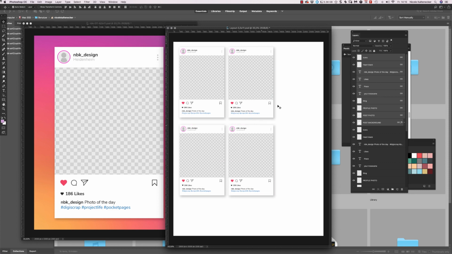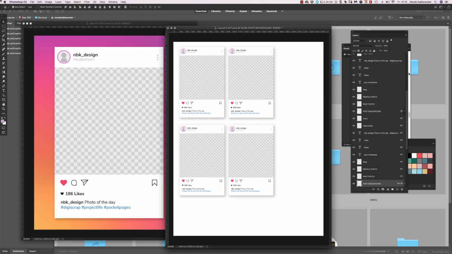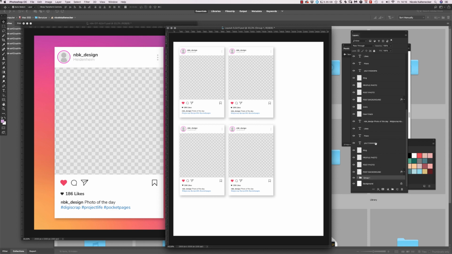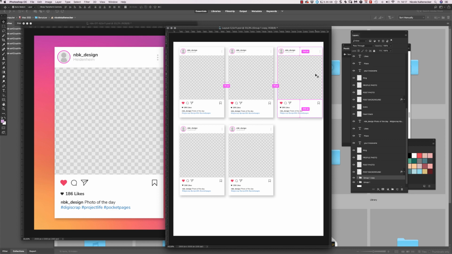What we have now is enough space. What you can do now is add, of course, a few more. If you have everything in a folder, like the first post, you can go on the group and say duplicate group. This is the same document and you have it, and the next one, duplicate, and the same one. What you also can do, hold the Command key